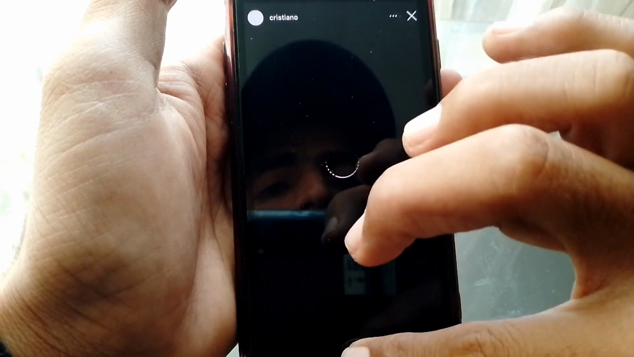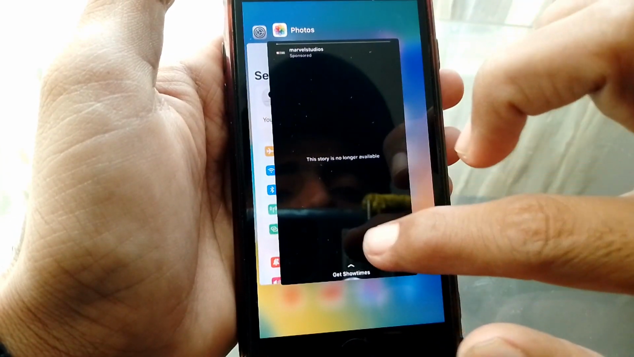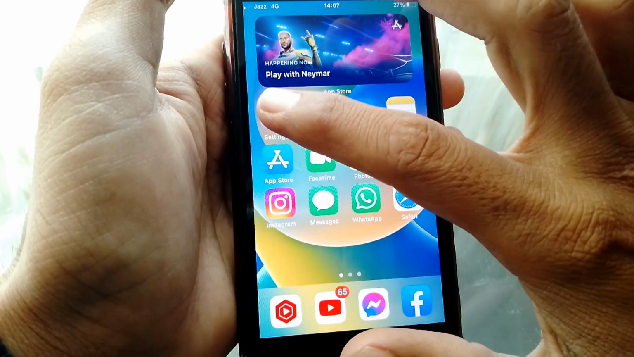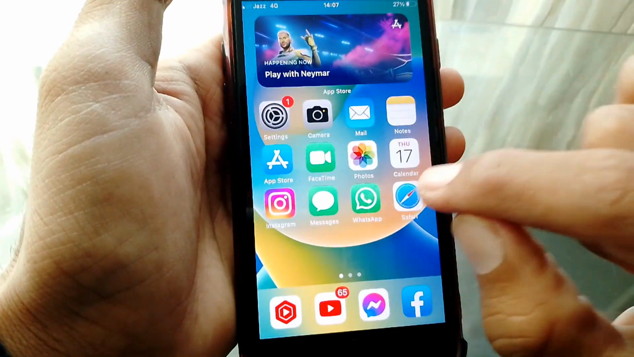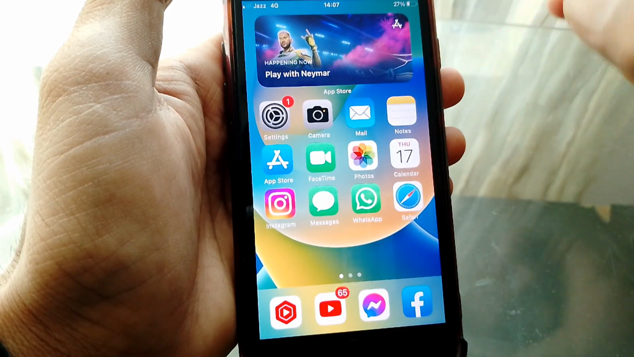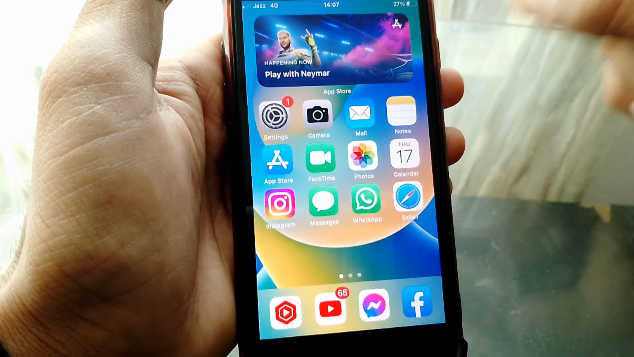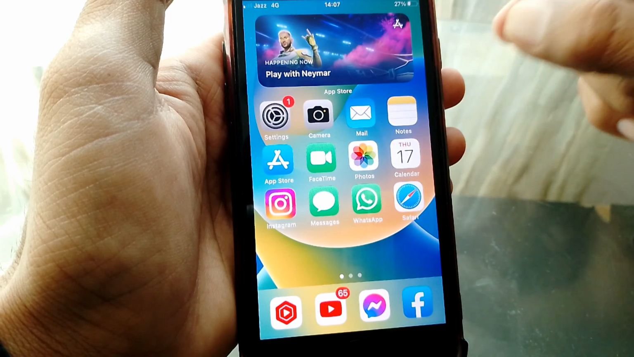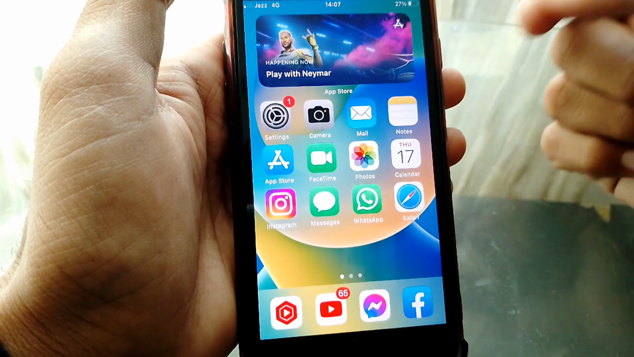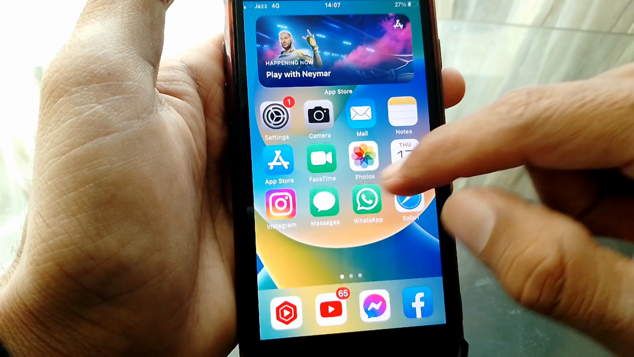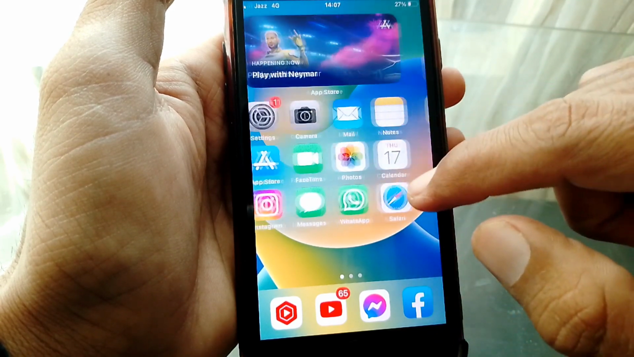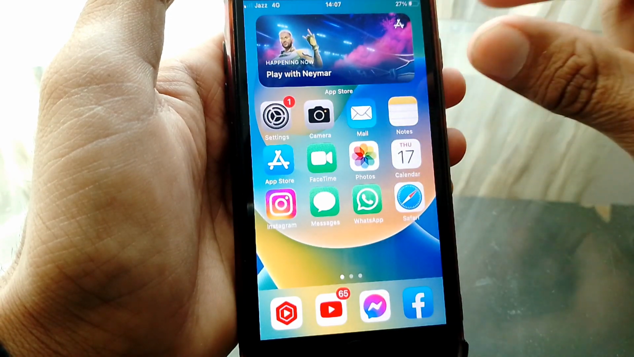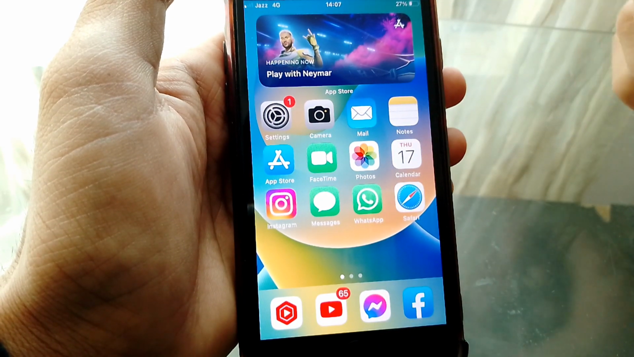So if you are facing this type of error on a particular account, then what you need to do is just simply go back, and let me tell you that this is because he deleted his story after posting, or Instagram deleted his story due to some community guidelines. So if you are facing this type of error on a particular account, then this is not a fault in Instagram. And if you are facing this type of error on every story, then what you need to do is